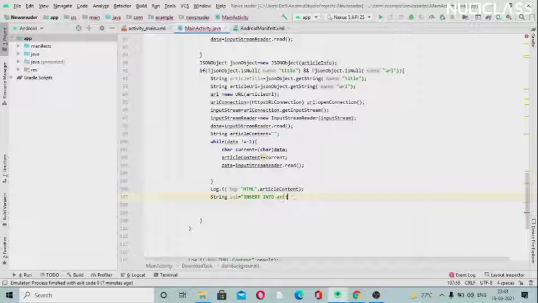I have given the table name articles, so I will write the same, articles, and then we put brackets, and inside of that we need to pass a few things. First one is the article ID, as we have given above. We are not entering simple ID, we want article ID, second one is title, and the third one will be the content. So we want these three things only.